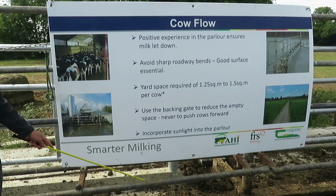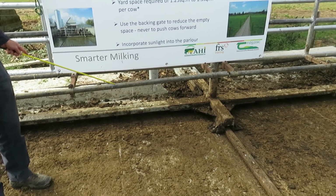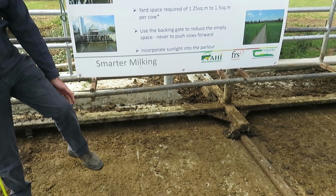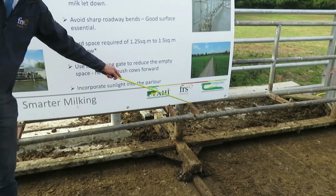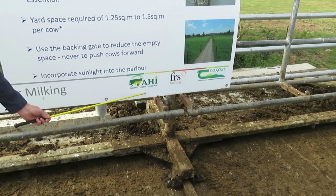The one you have here today is mounted on the scraper. The key point, I suppose, on the backing gate is that there's a hock rail. The hock rail is at a certain height where it hits the cow's hind leg on the hock. One of the things that's very important is that there are no angles. If you take the angle of the stick here, that there's a corner like that, a cow can